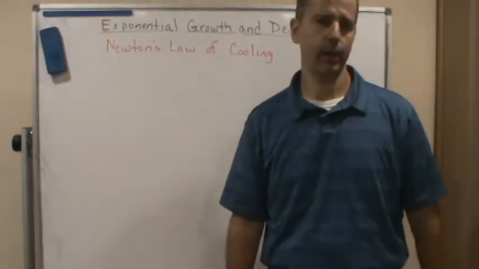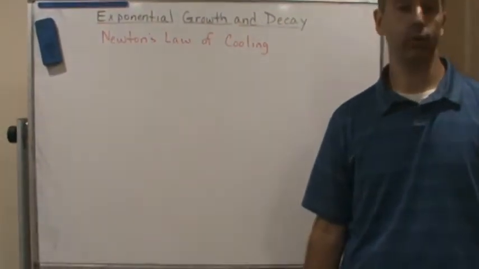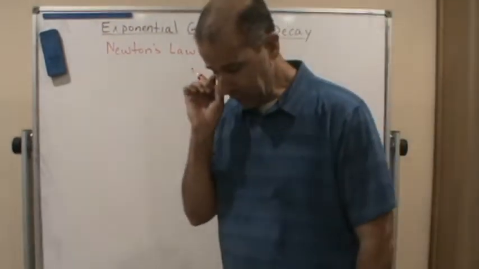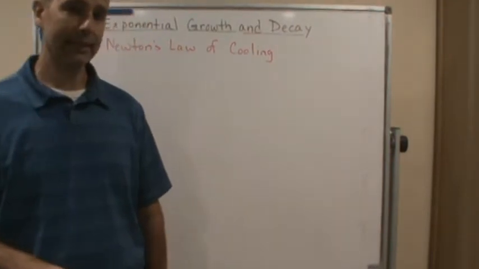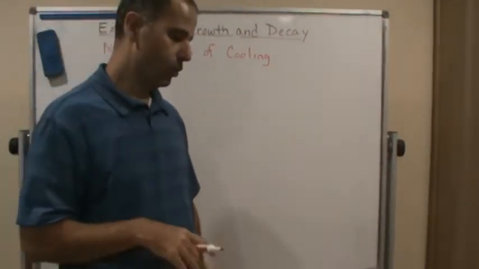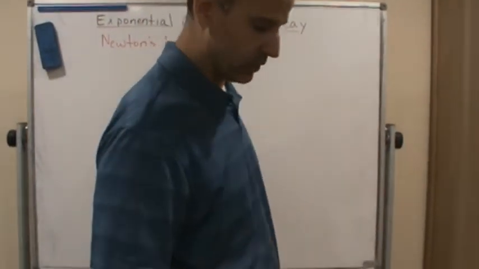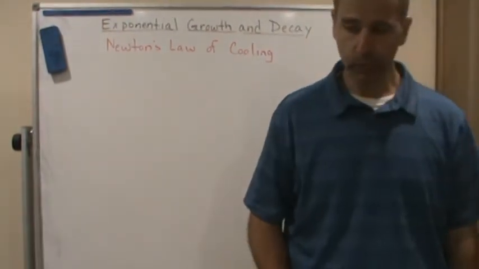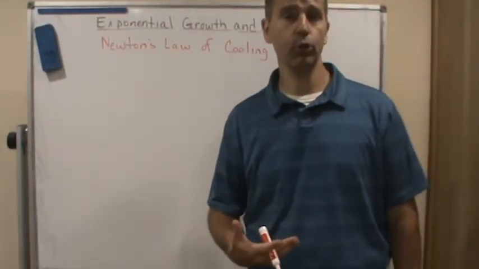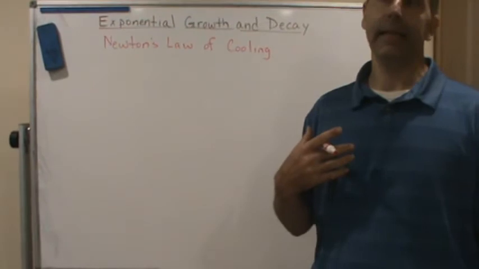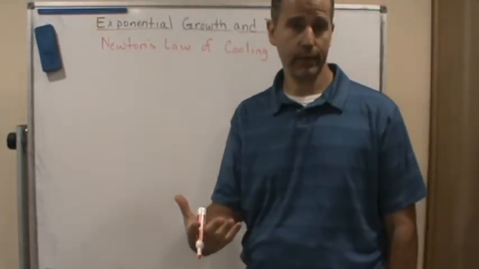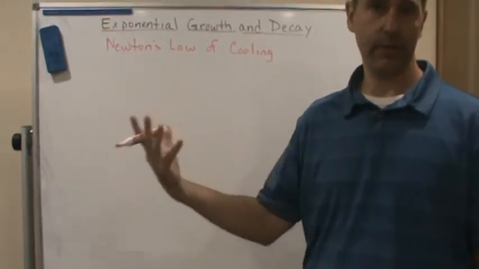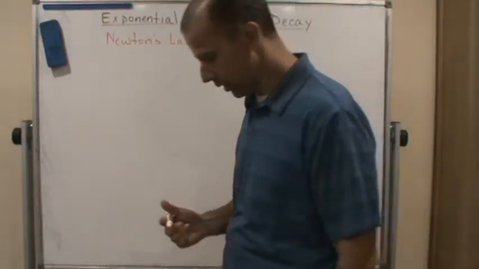Okay, so let's talk about Newton's law of cooling. According to Newton, he discovered that the rate of cooling, the rate at which an object loses its heat, is proportional to the difference between the temperature of the object and the temperature of its surroundings. So in other words,